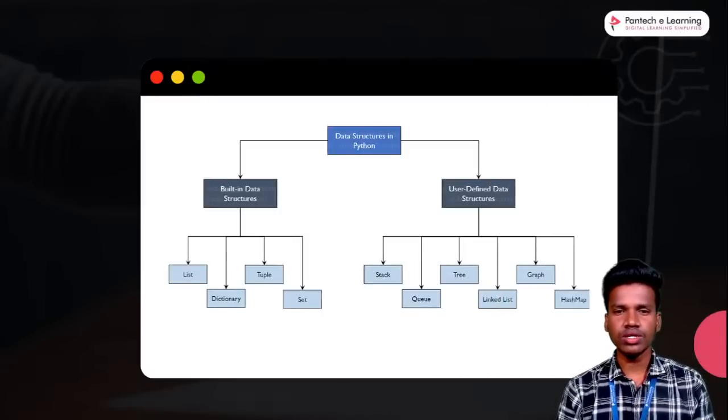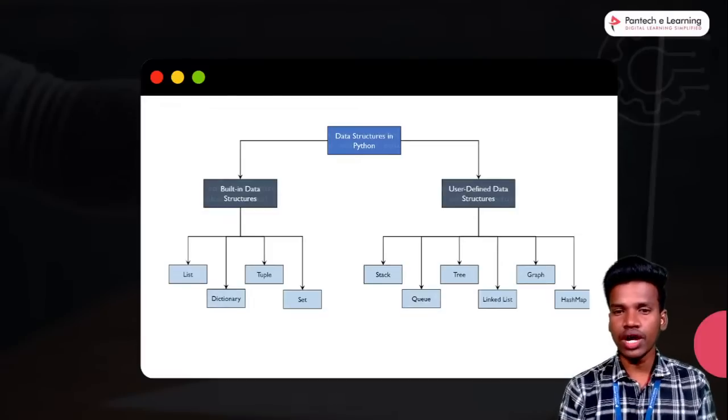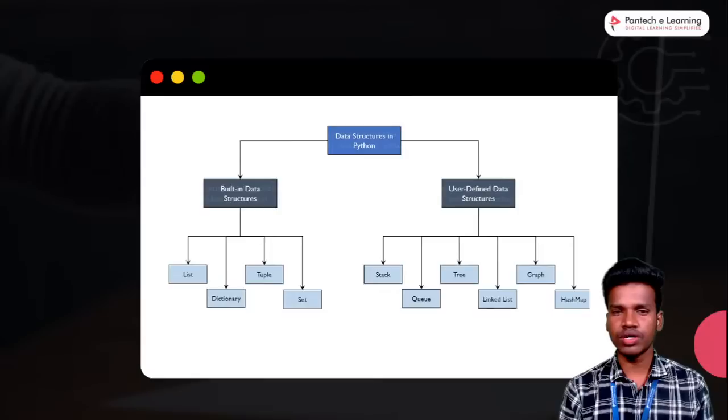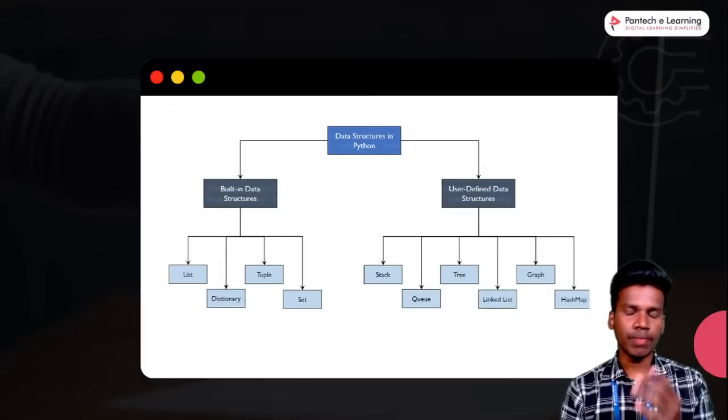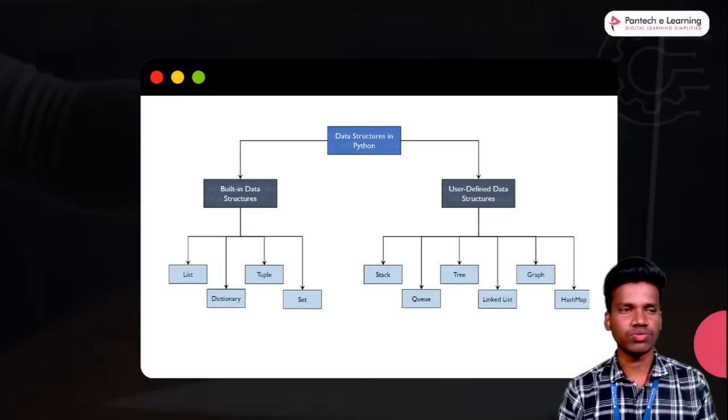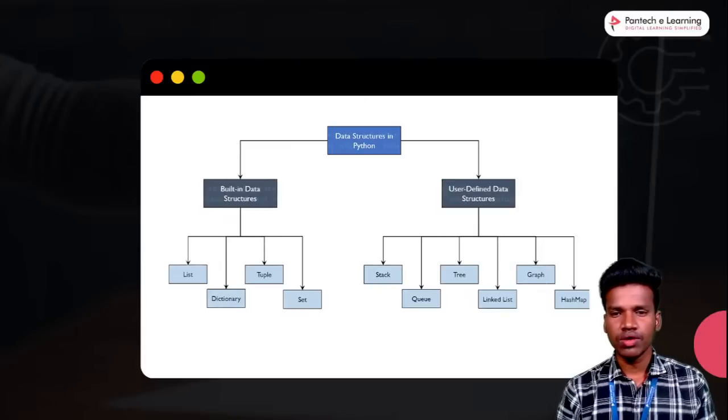So next one, same like that. Data structures are also available as built-in data and user-defined data. Two kinds of methods are there. Built-in data is list, dictionary, tuple and set. Okay, you don't know about the basics? No issue. Again I will continue teaching you and recall the Python basics. 1 or 2 days we will be discussing Python basics also. Okay, so don't worry about that.